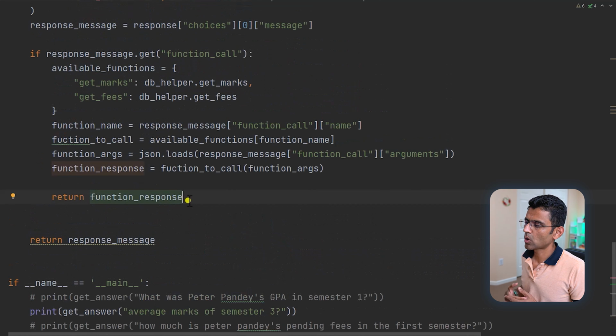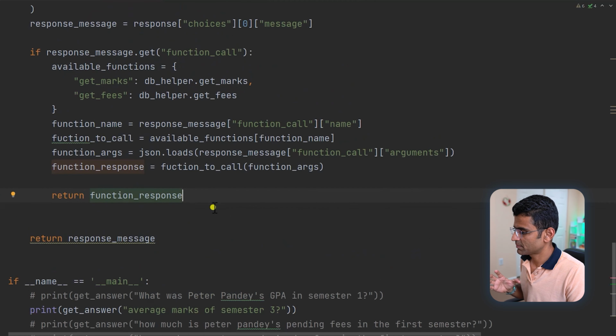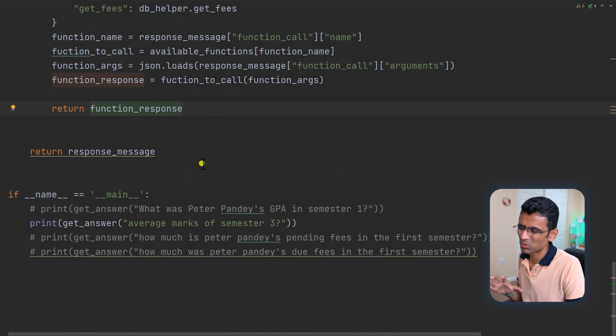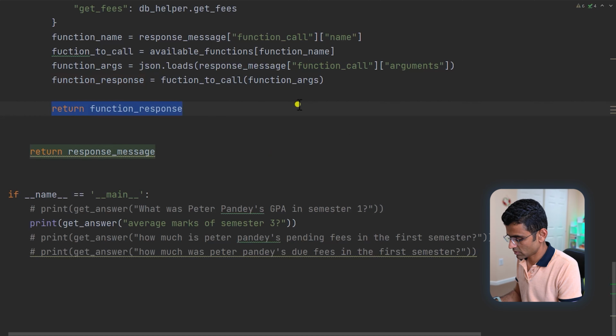We obviously want to call LLM a second time so that we can print a human readable answer. The answer we are getting, like 3.2, is not very interesting. I want to see a whole sentence: Peter Pandey's paid fees is this much. We have seen how to do this before as well.